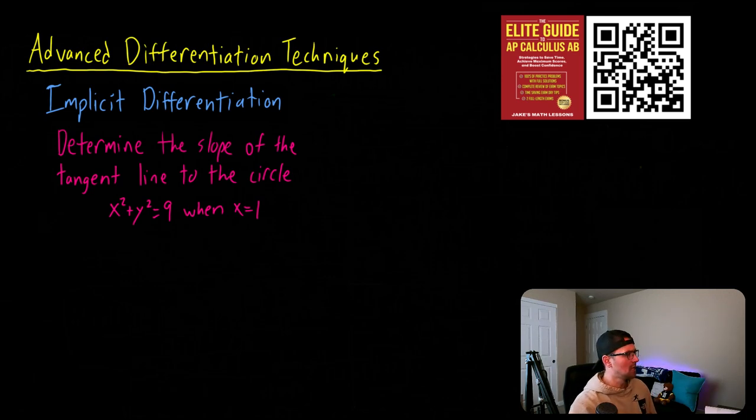Typically implicit differentiation is going to be used when you have x's and y's all mixed together. Maybe you have x's and y's on both sides of your equation. Maybe you can get all the y's on one side, but it's hard to just get y equals something. There are different situations where you need to use implicit differentiation, but usually when you have something like this,